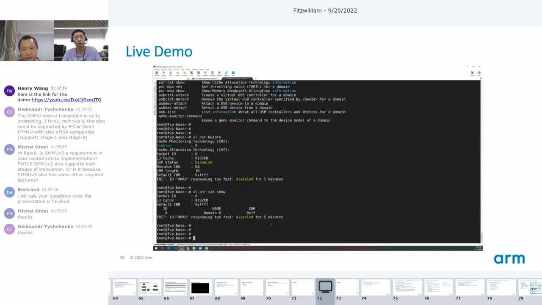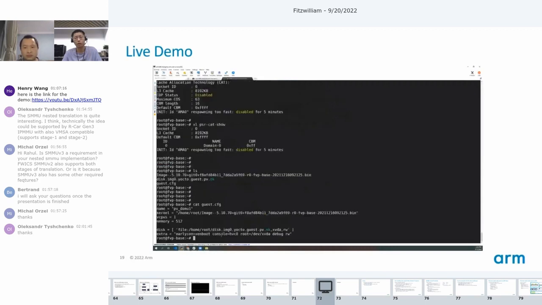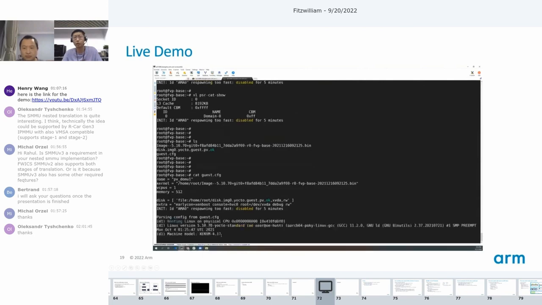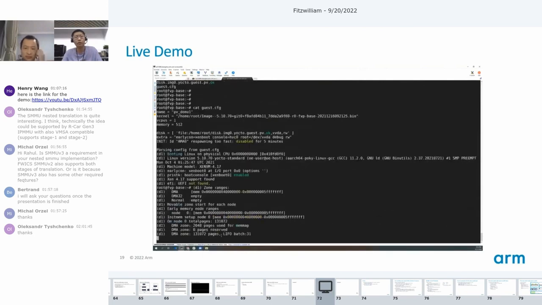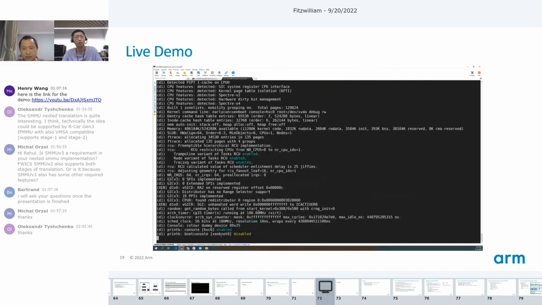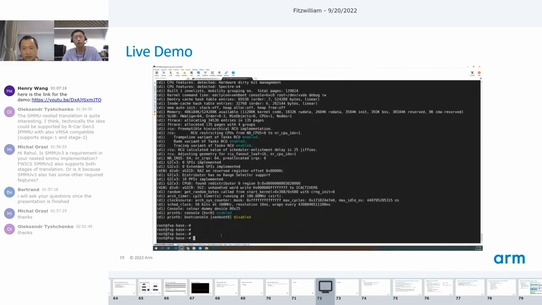And I also prepared a guest image and config in the rootfs of the host to start a simple guest. You can see this is a pretty simple guest that contains only a kernel and a disk with 1 CPU and a half gigabyte of memory. We can start it using xl create, and then we'll pass the config of this one, and we can also fast forward a little bit to probably here. So now you can see the guest is started, and while the guest is booting,